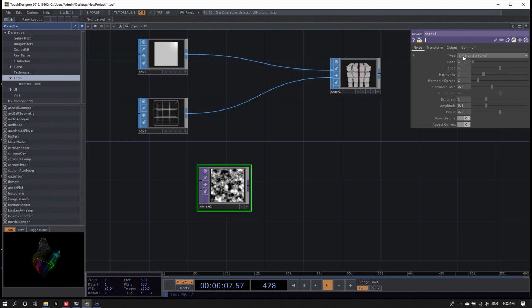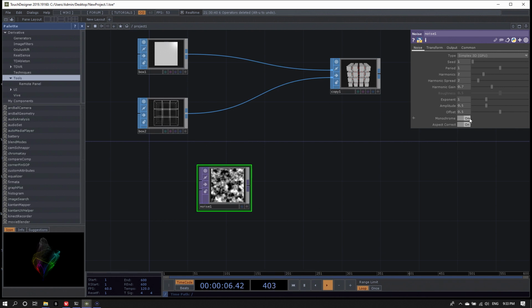Now the thing with the simplex 3D noise is that you can best describe it maybe as a box, and into the box you put a lot of records, and each record is a slice in the box. So now if you specify a 3D coordinate, you can fetch any color from inside that box. And hence, this is what the second input of the noise TOP is for, which is the noise coordinate map. So there you specify all the lookups into this noise.